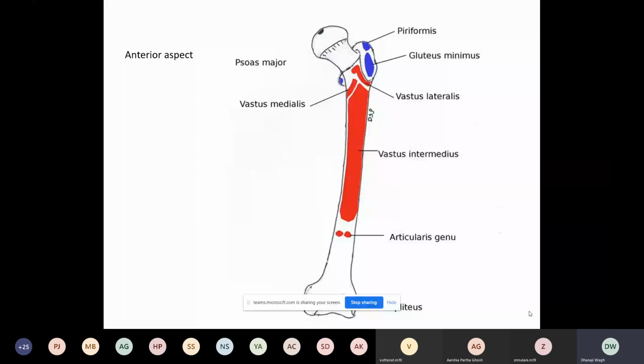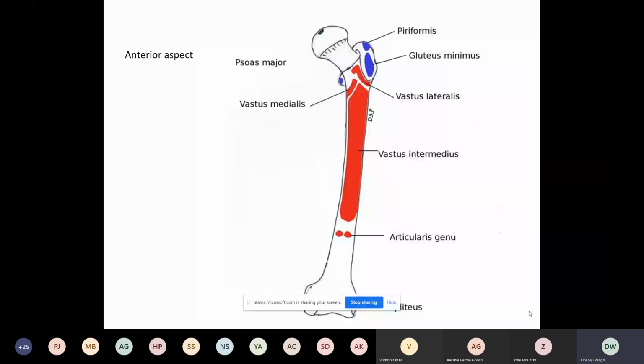Now see the lesser trochanter attachment. You can see the blue dot there. That is psoas major insertion on the apex of the lesser trochanter, and the medial part of the rough anterior surface. Then iliacus is inserted on the anterior surface of the base of this trochanter and on the area below it. The smooth posterior surface is covered by the bursa that lies under the upper horizontal fibers of the adductor magnus.